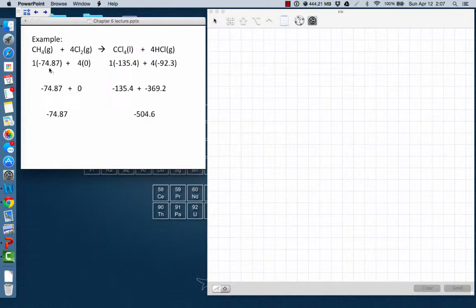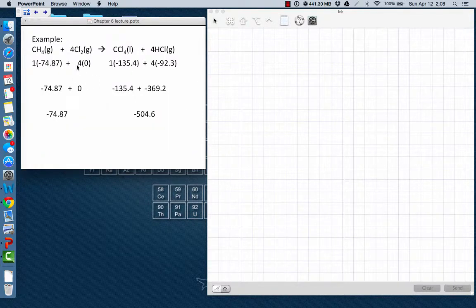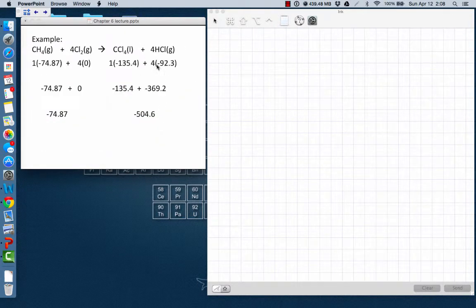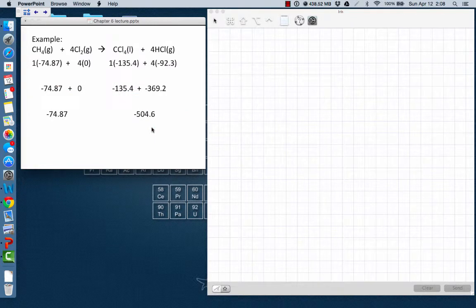So we take the number straight from the table. 1 mole of methane times the minus 74.87. Say it was minus 74.87. Plus 4 moles of the chlorine times 0, because chlorine was 0. And then over here, we have the products. So we have minus 135.4, which we got right out of the table, and 4 times minus 92.3. So that's right there, minus 92.3. Now we're calculating these all separately because this added up is minus 74.87 and this added up is minus